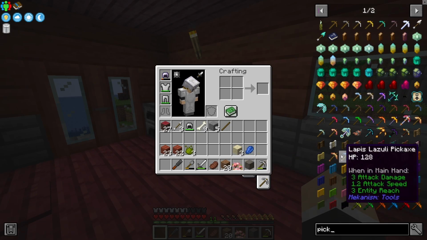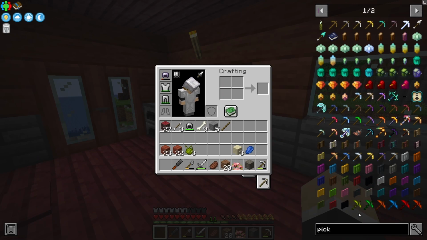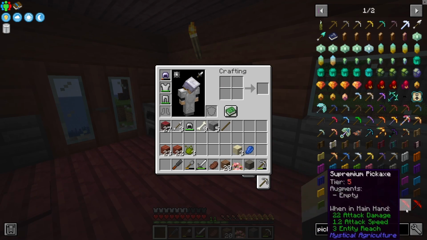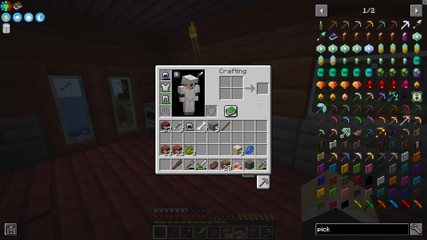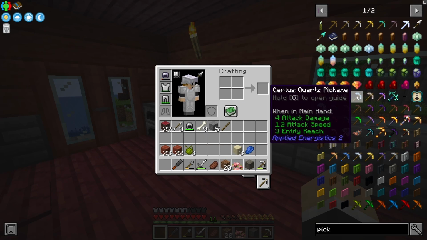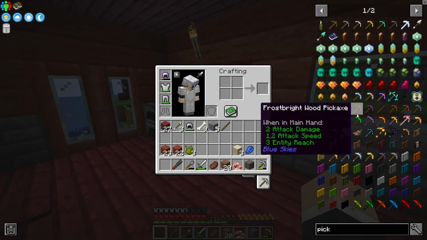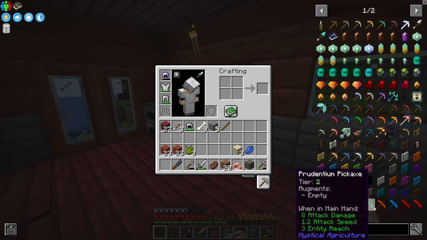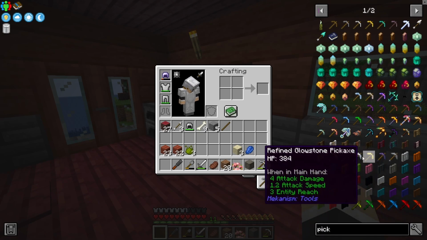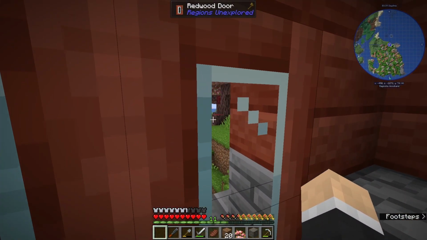You can see we have many different types of pickaxes and tools and whatnot, all with different advantages to them. Now, many of these will be way too expensive for us to make in the foreseeable future, but if we just kind of look through here, we can see all the different names of some of these pickaxes and different tiers and levels to them as well. For now, we should be okay with the...